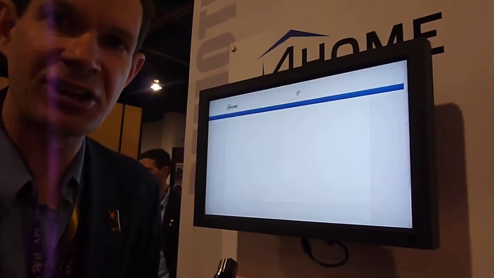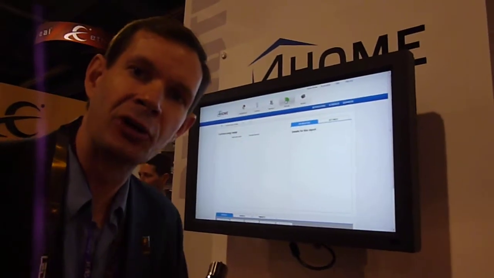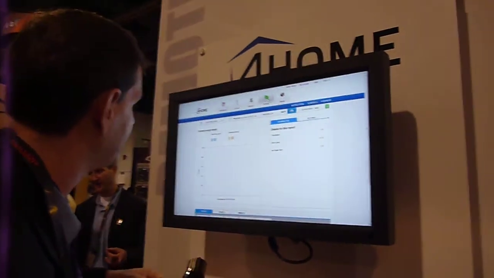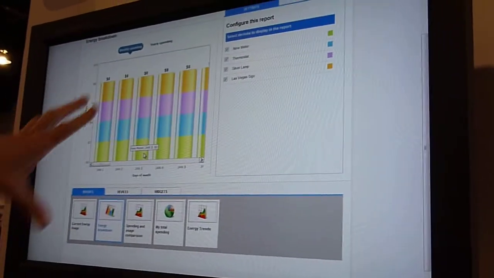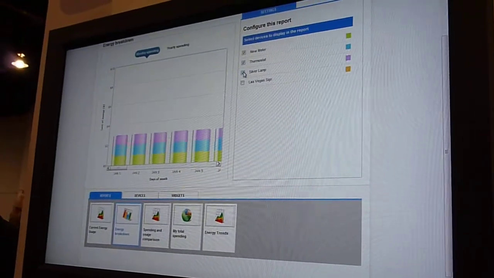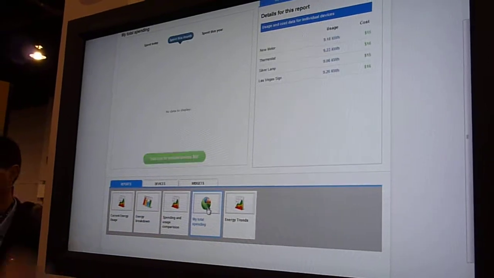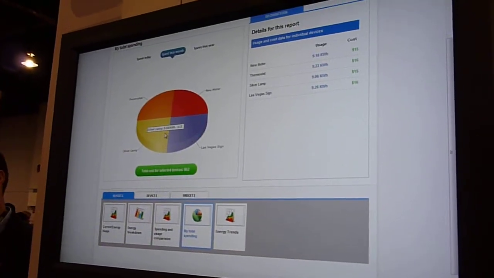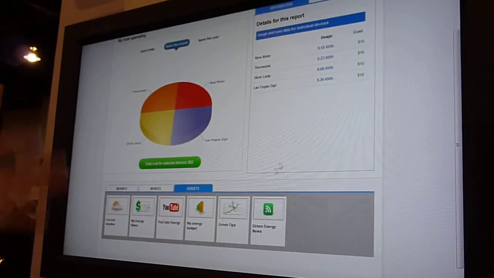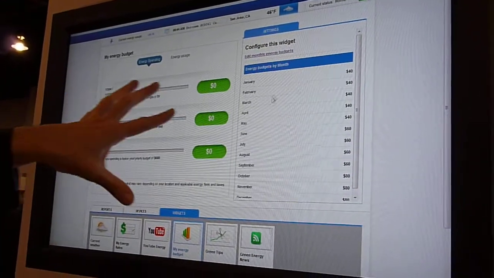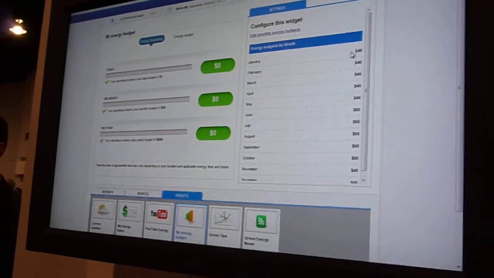The other interesting functionality we have is energy management. We're doing a lot on the utility side, but on the residential side, for this, we can actually do things where you can say, show me an energy breakdown of how everything's being used. Generate reports and just include these devices in this report so I can see exactly how they're being used. Show me my spending so I can see how the different devices are being used in the system. Let's go in and set my pricing so I can look at my budget. I can set a budget of how much I'm spending and then reconcile that based on how much I actually spent,